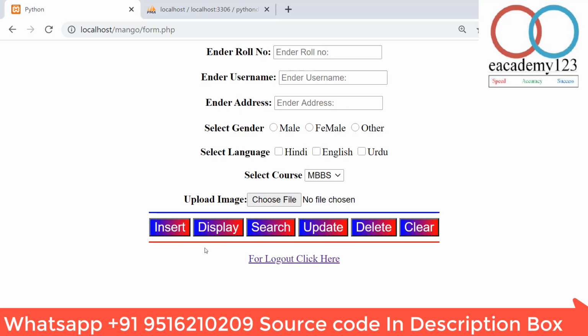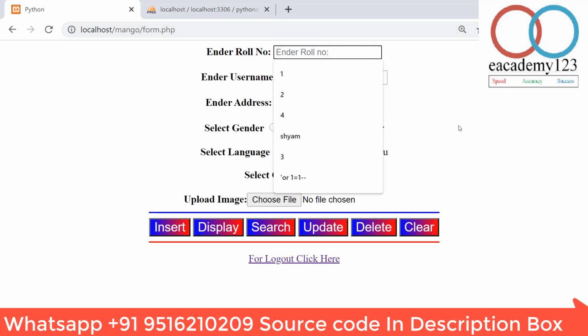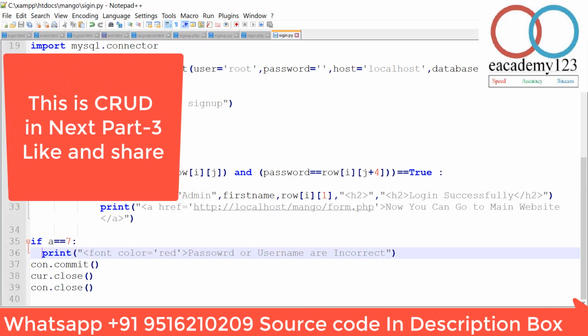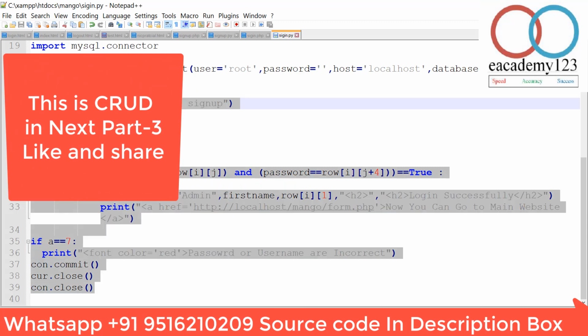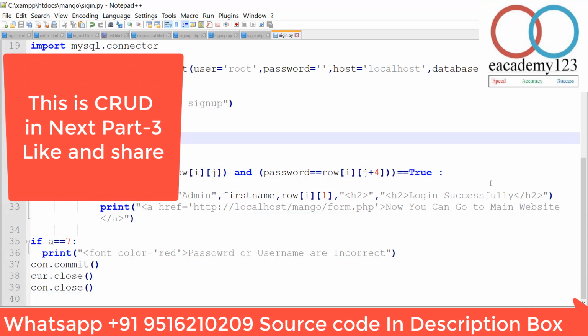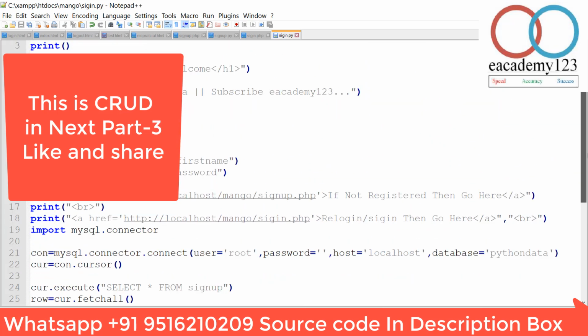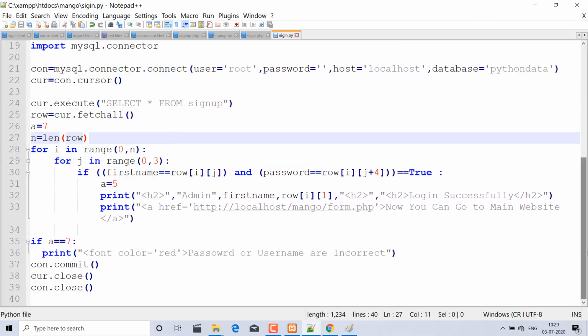In the next video we will do all the coding of those buttons, insert and delete, in the same way, and we will take the input from this HTML form and process it with the Python backend. So here you will do like that. This is the most important line, and you can do it exactly. Okay, so this video is ending here. Now you can just join me in the next part. This is the end of part 2.